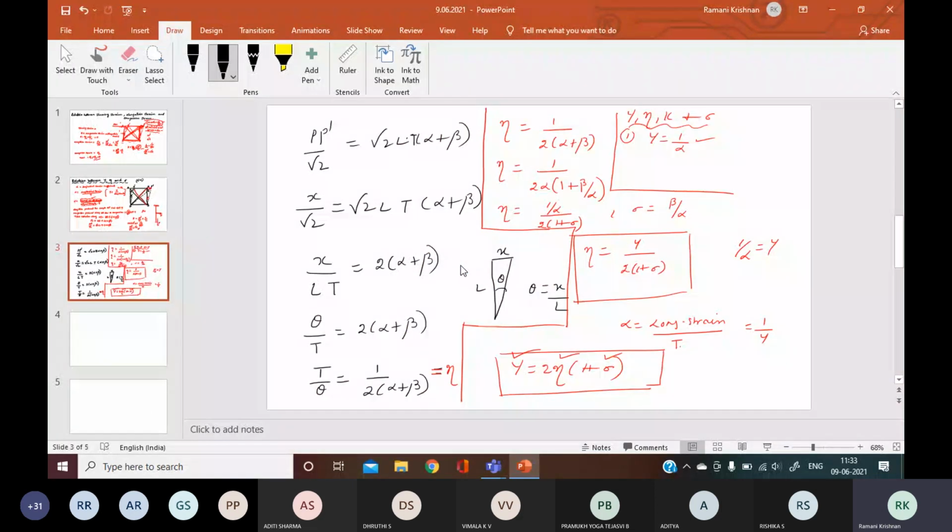I'll keep this screen, just see for some time. So 2 derivations are over. I think just 2 more are left, and then we'll go for bending of beams. The time is 11:34. Now students, any doubt here? Just ask me. Otherwise, we'll go for the 2 numericals. Numericals are very simple. Anything you want to tell me?